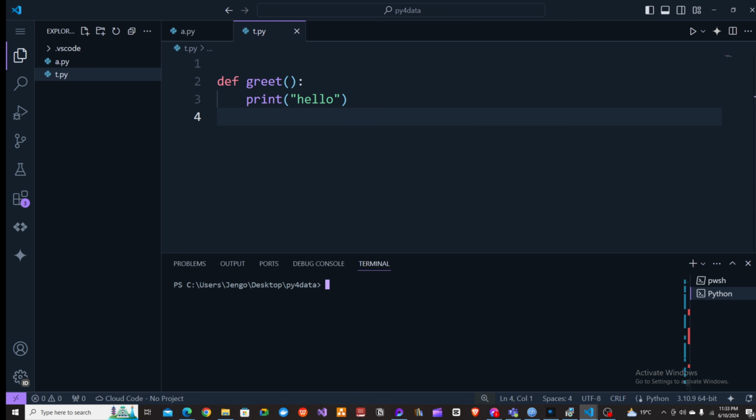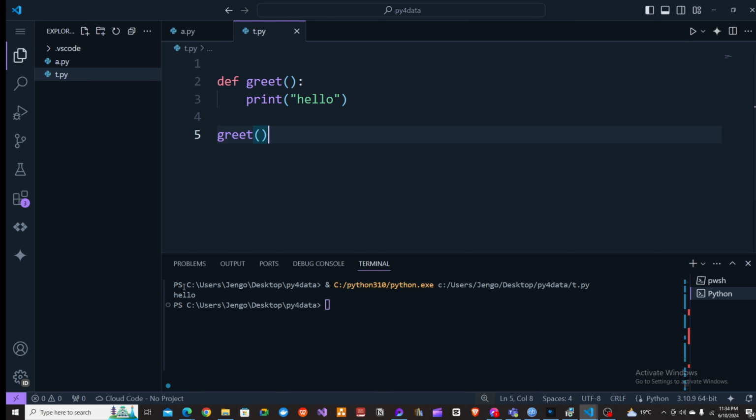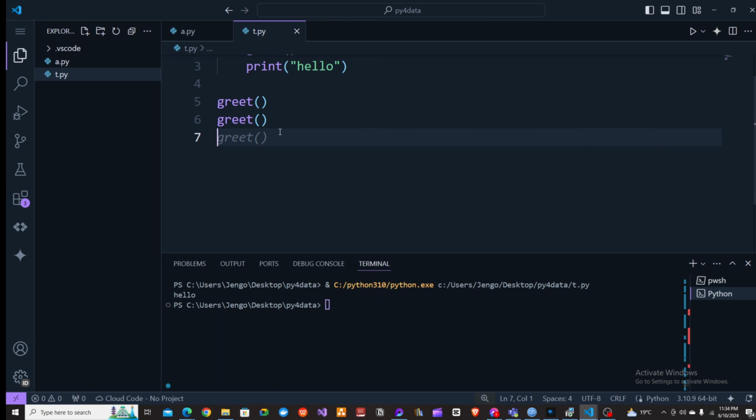Basically, what we could do practically is reuse this function a number of times. We could use it a number of times to greet. So we could say, for example, greet. Each time we say greet, it's going to print hello. So we want to say greet once, so we get hello. Then we could repeat this as many times as we want, and we see that it's abstracting away writing that hello a number of times. So you see, we have another greet